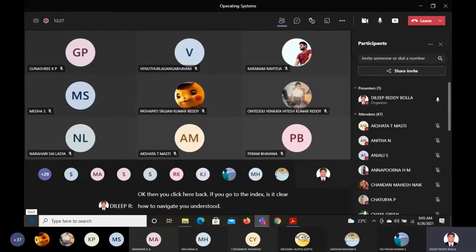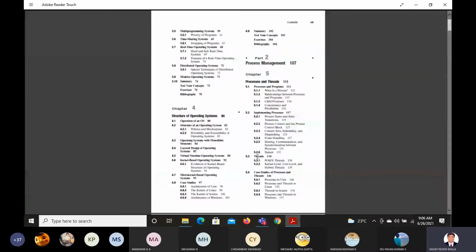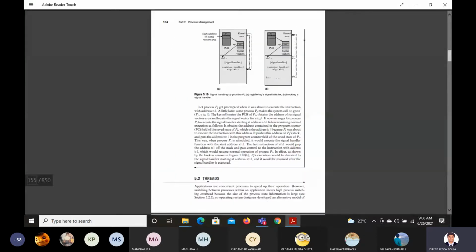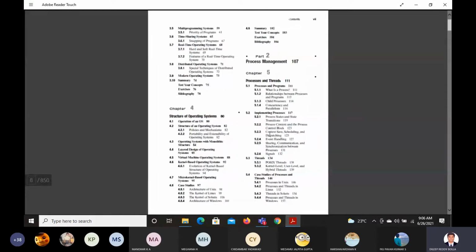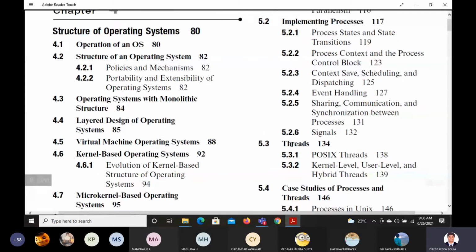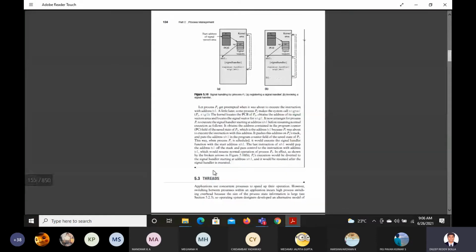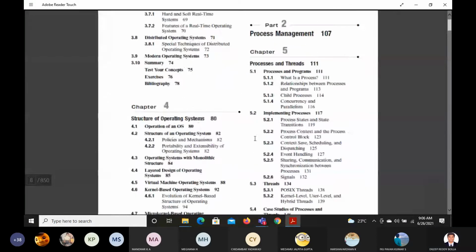Everyone? It's very simple to switch over and navigate if you have this PDF with you. If you have the threads concept, you click on this thread concept, it will come to this concept. You can go through it and read it, and again click it back, it will go to the index. I'll just show you clearly here. So this was the thread concept, right? You click on this, it will take you to the concept. Again click it back, you can go to the index. That node will go to the threads concept.